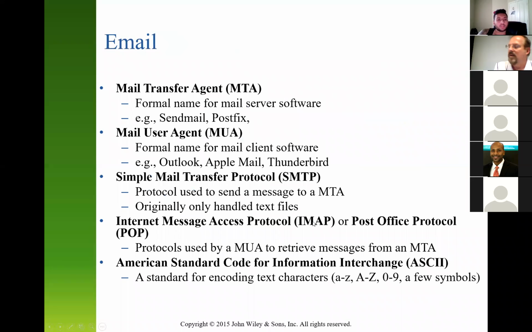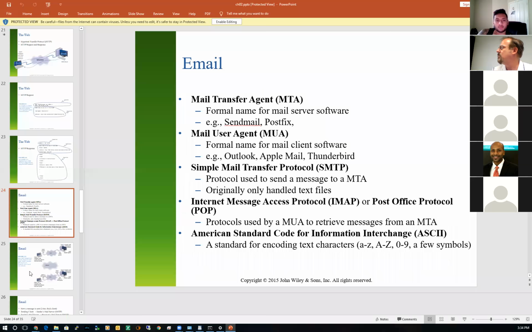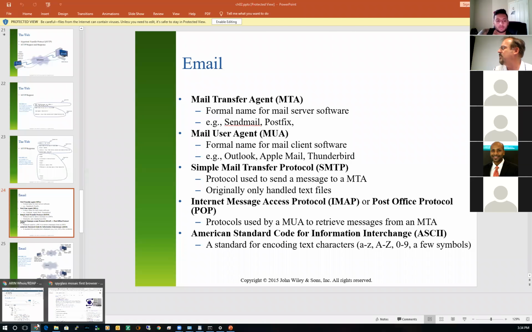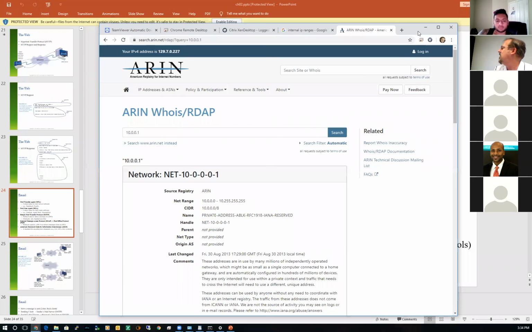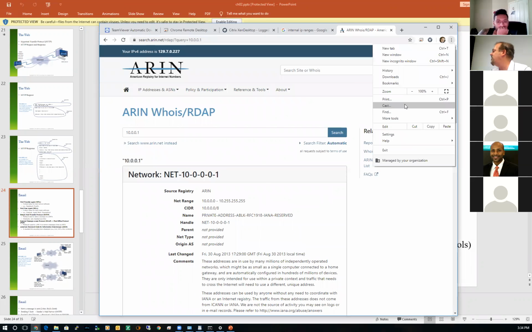Excuse me, sir, quick question. Is there a way to view that information that you just showed? Yes, you can do that actually in a web browser. If you're looking at a web page, let's see if I can show you that real quick. It depends on the browser that you're using, but let's say here's a web page. There's usually a way to go view. Let's see if I can find it here. I can't remember where it is,